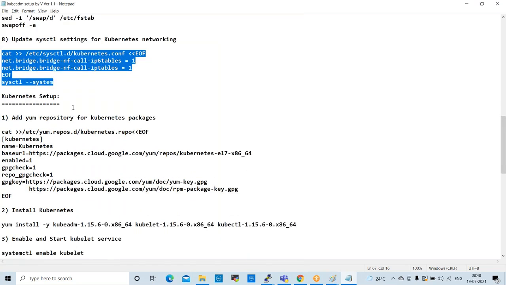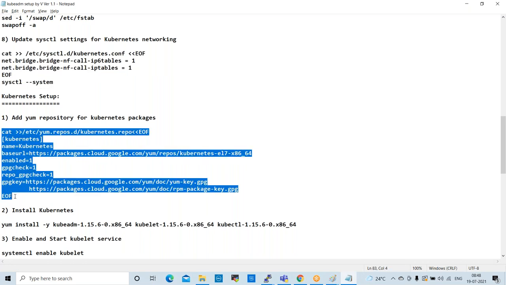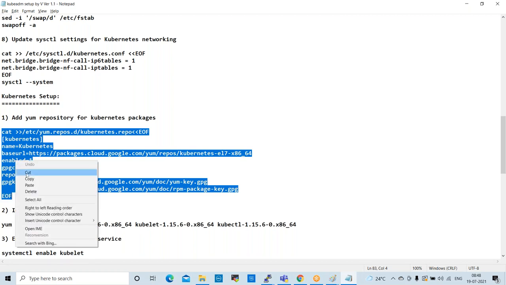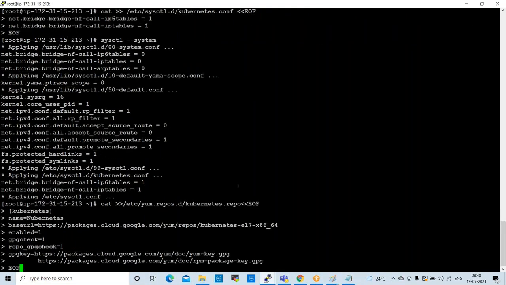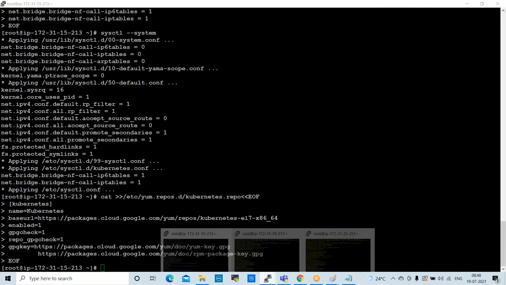Next one is Kubernetes setup. So these are the Kubernetes packages. So we need to add the yum repository. Copy this entire command. Enter.